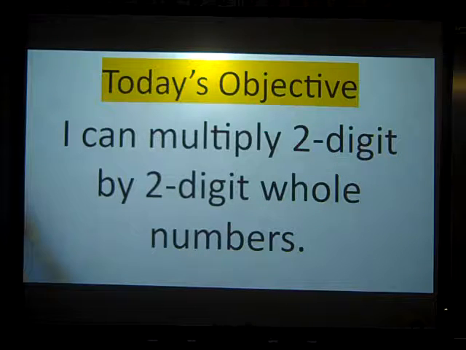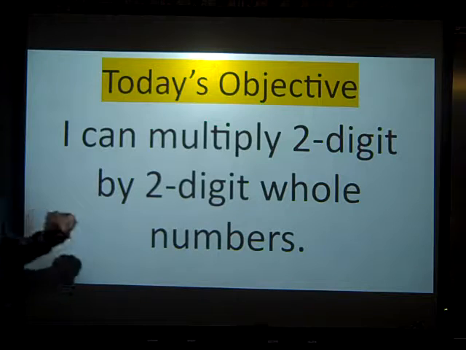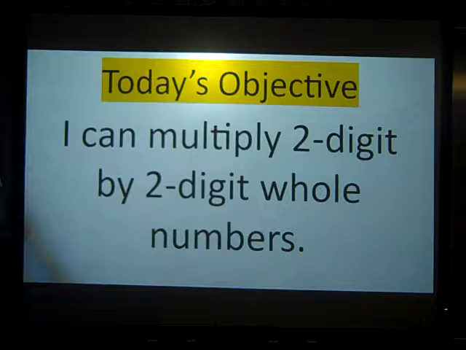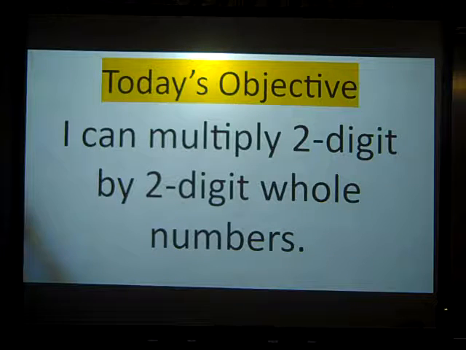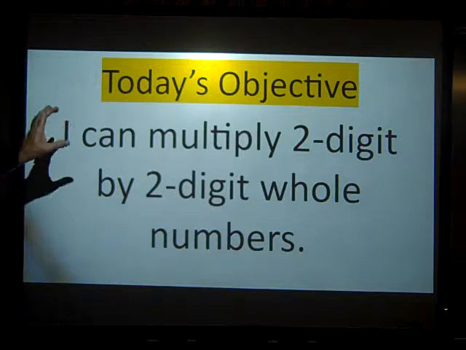Alright, so today, the I can statement: I can multiply 2-digit by 2-digit whole numbers. Alright, so we're doing multiplication still, 2-digit by 2-digit multiplication. Yesterday we did 2-digit by 1-digit, and 3-digit by 1-digit, and even 4-digit by 1-digit, I think, right? So today we're going to continue to build on that by adding the second piece, which is a